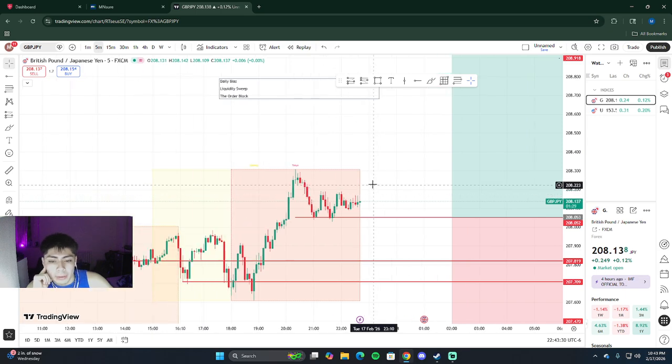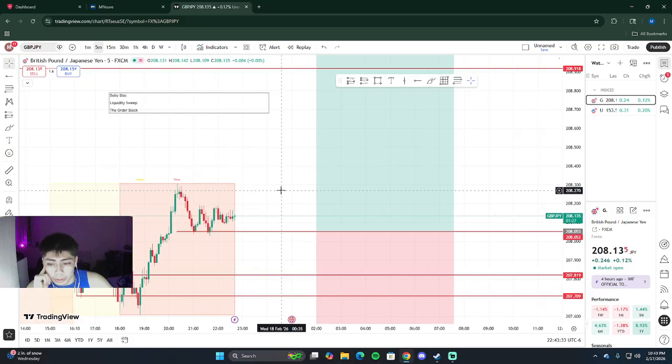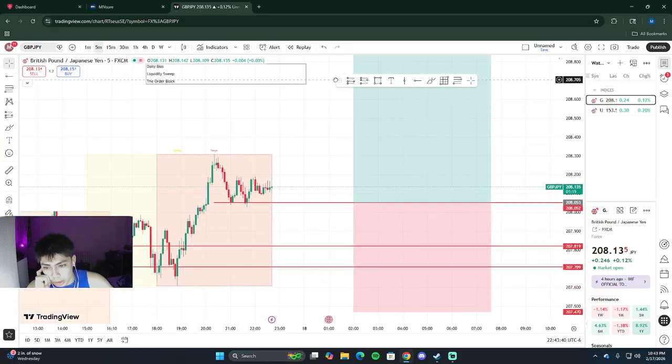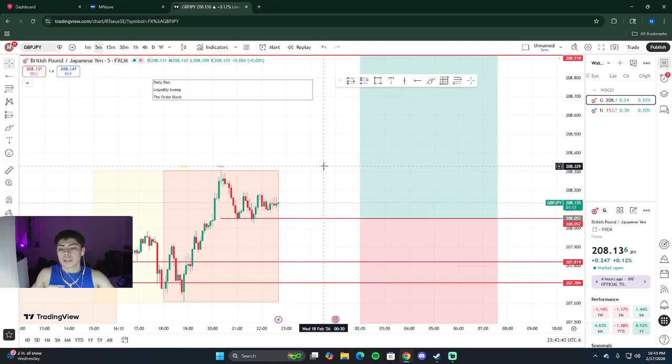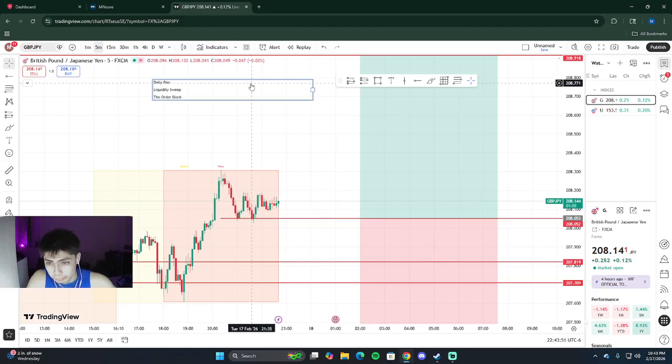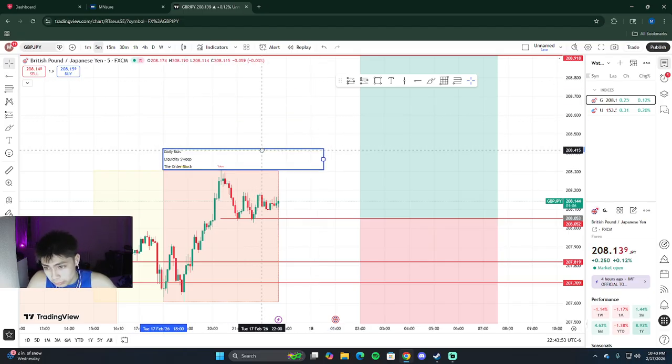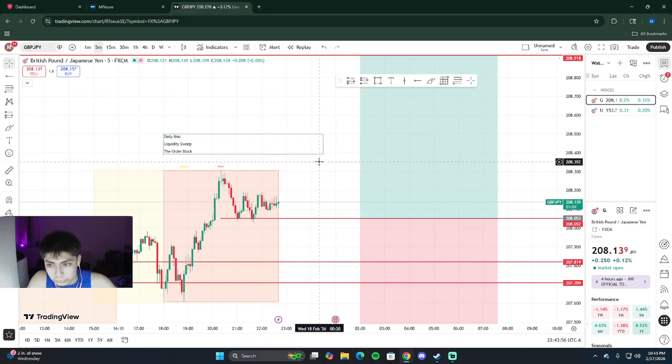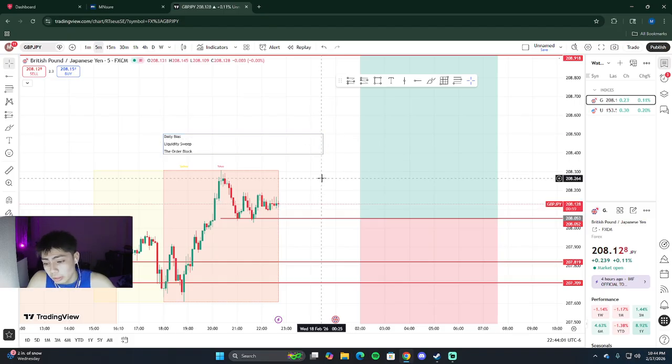But yeah, I do think that it's gonna come down, sweep, and then rally. That's what I think it's gonna do. Will it happen? Hopefully. Hopefully it does happen, you know what I mean? Because then that'd mean that we're right, and that we do know about money, and that we did watch all those TJR videos and we did learn something.